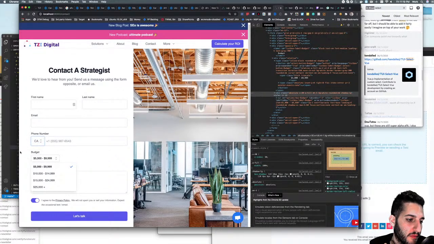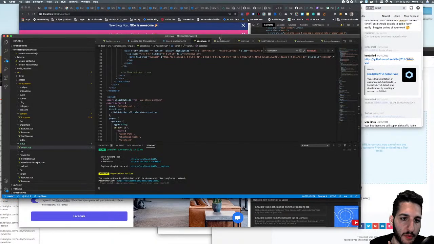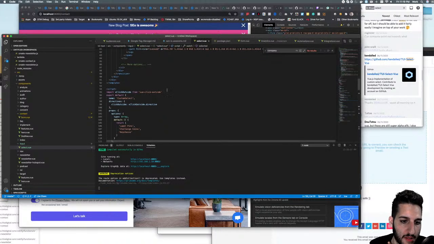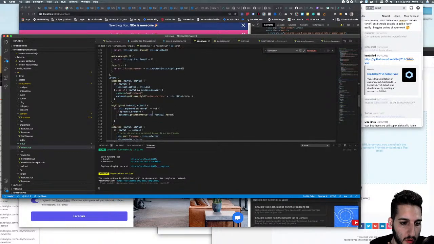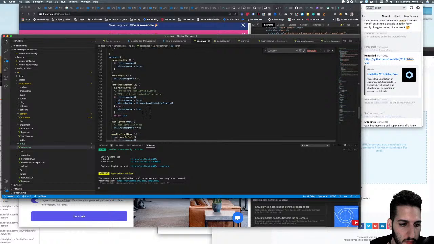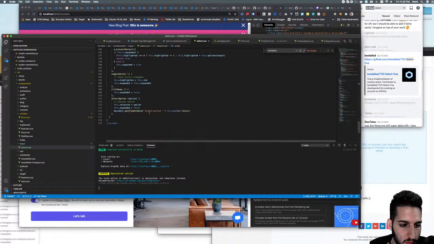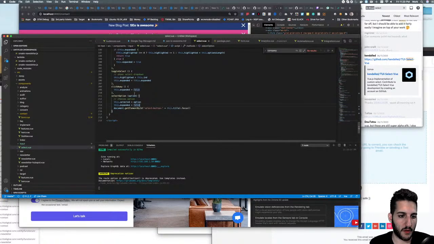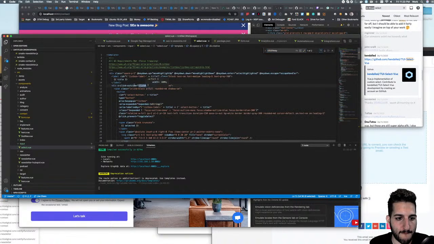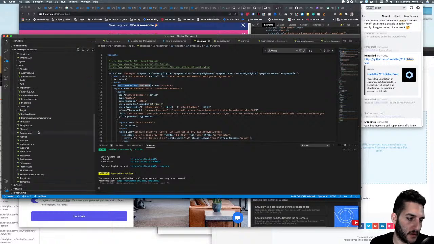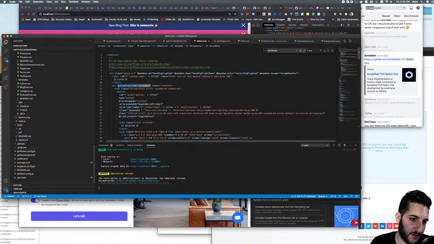Okay, this not just disappearing is annoying me, so I'm gonna fix that real quick. Like when I click outside, this is not working. So I want click away. Why aren't you working? Okay, so I have click away set up for my nav. Actually, you know what? Vue has a built-in